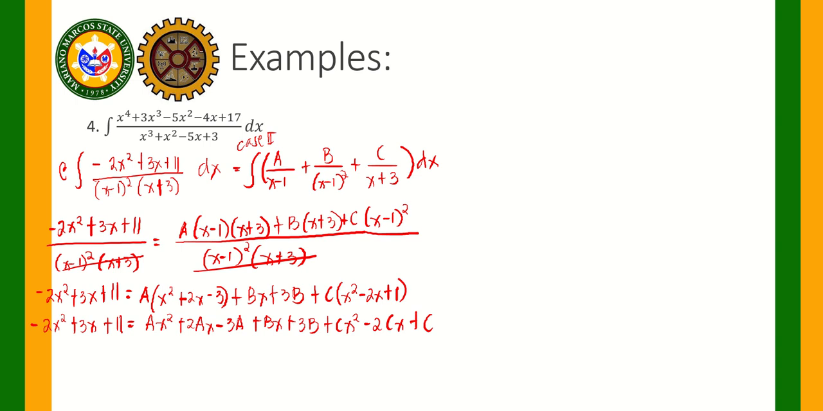Now, yung symmetry ulit yung gagamitin natin. Okay, so we use again si symmetry. This will be equal to, combine natin yung like terms muna. So, this will be equal to negative 2x squared plus 3x plus 11 equal to x squared times a plus c, and then plus x natin is si 2a plus b minus 2c. Okay? 2a plus b minus 2c. And then, yung mga constants natin will be equal to negative 3a plus 3b plus c. Okay? So, by symmetry,